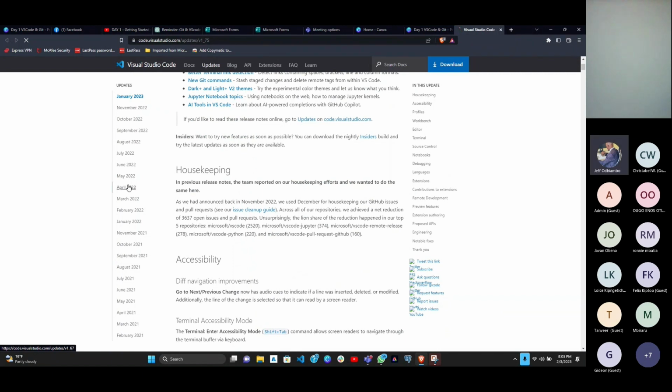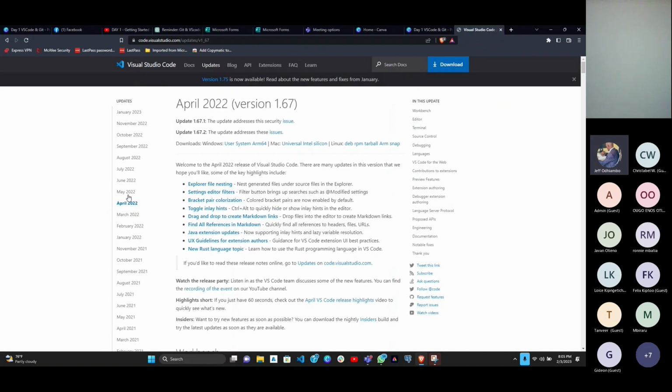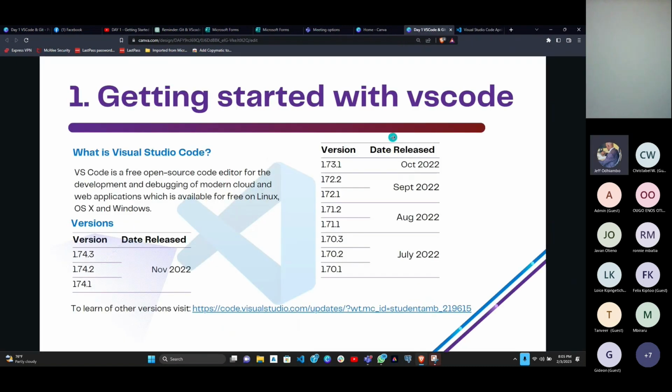Almost every month there's a new release that is published and being used. So it undergoes a lot of changes, more frequent changes, that most of the time you have to be updated. You have to be following up to the latest changes that are added to VS Code. So to proceed,